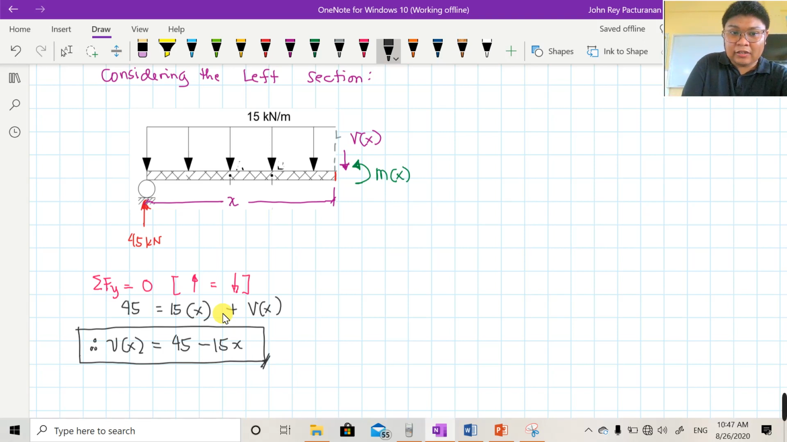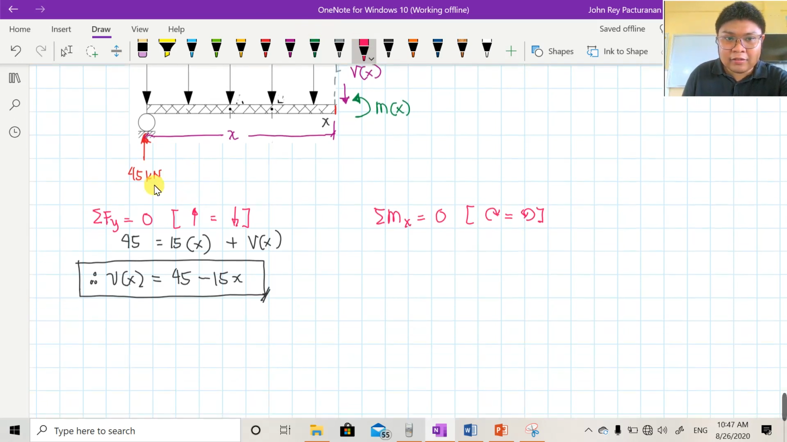In the same logic, the same will happen with the moment function. So, summation of moment, and I will call our point x. Summation of moment at x is equal to 0. That is, clockwise moment equals counterclockwise moment. And again, like before, the 45 kN from point x is clockwise, and its moment arm is x. The x is a measurement of distance. So it becomes 45 times x, and that is equal to